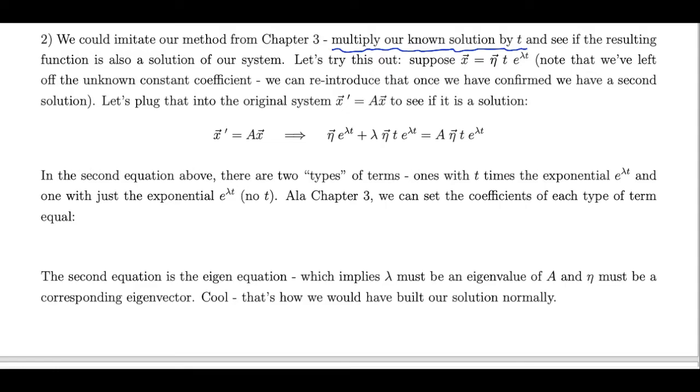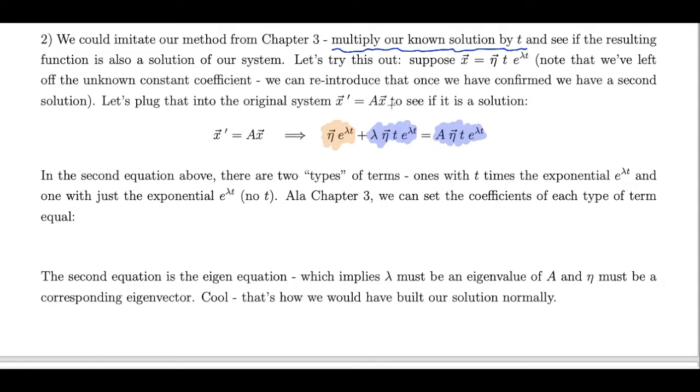Now, we have two different types of terms in this equation. I have these two terms here, which have the form t times e to the lambda t. And then I have this term here, which is just an e to the lambda t. If I wanted to, I could imagine that I've got that same term on the right-hand side. It's just that its coefficient is 0. So what I need to do to try to understand how to solve this equation is to set like